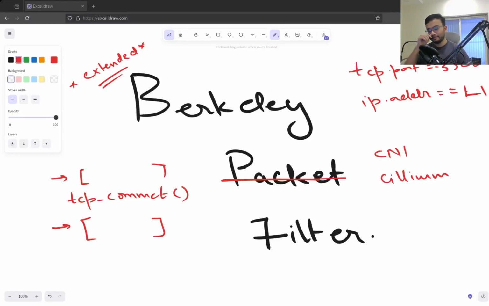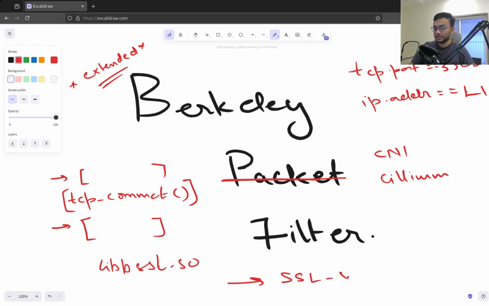So what does that really mean? Like I gave the example with tcp_connect, you have a deterministic definition of where this method is so that you can place your probes in the beginning and the end of it. Similarly, if you're using libssl.so, you've got methods like ssl_write, and these are symbols that are published, that are exported by the libssl library. So you have deterministic positions of these in your call stack when you're running an application that uses